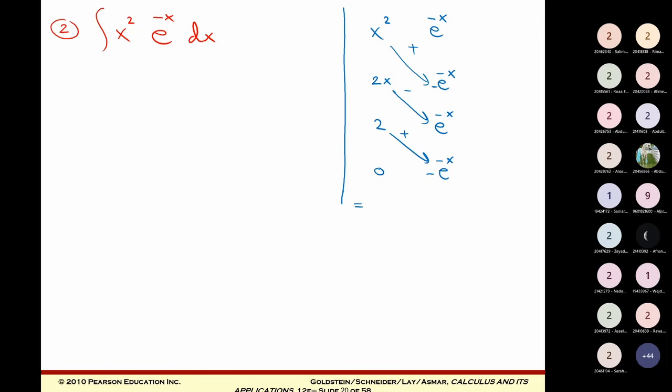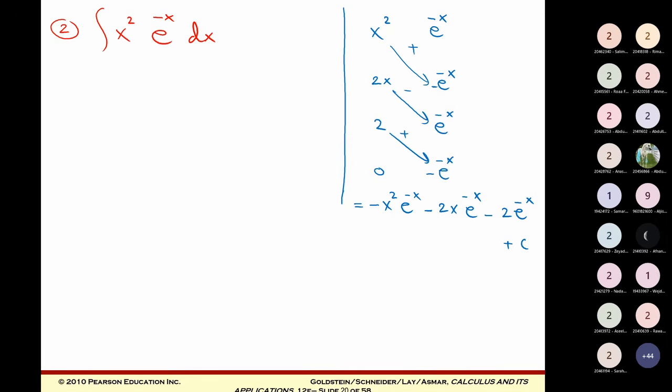Answer equal negative x squared e to the power negative x, okay, minus 2x e to the power negative x minus 2 e to the power negative x plus c, like this. Okay,